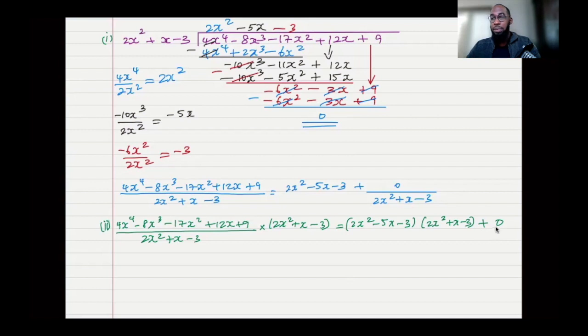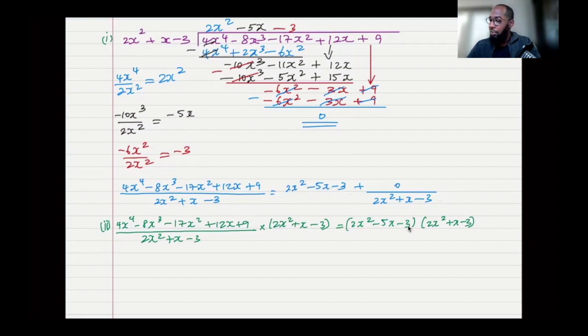So that is why I put plus 0. I just put it to illustrate, but I don't encourage writing it. 0 times anything is 0, so we just don't write anything because it's 0. All right. Another thing I want to point out is I put this 2x squared minus 5x minus 3 in